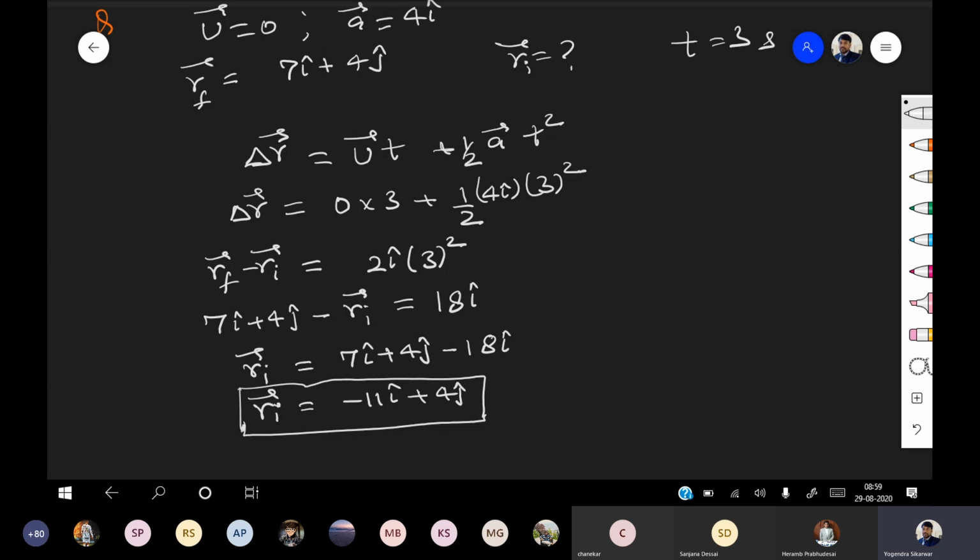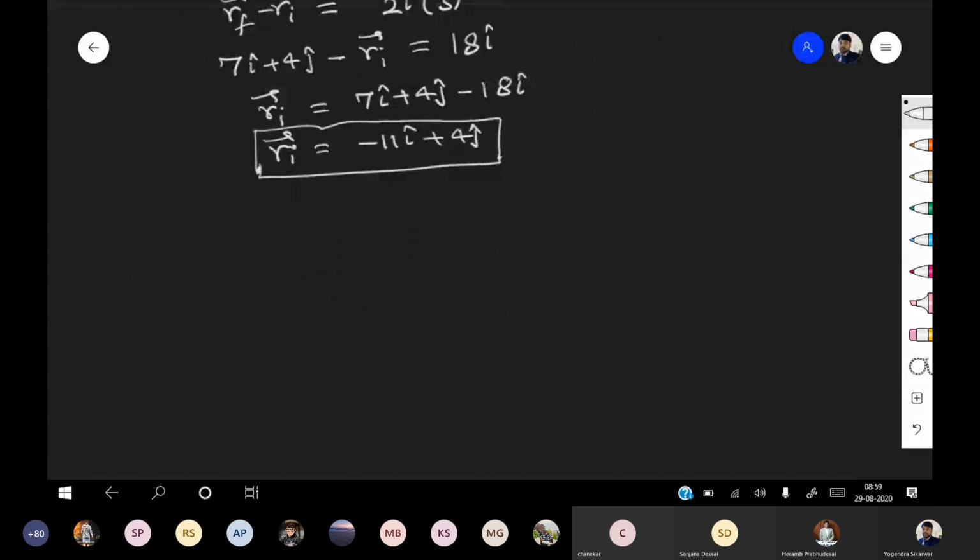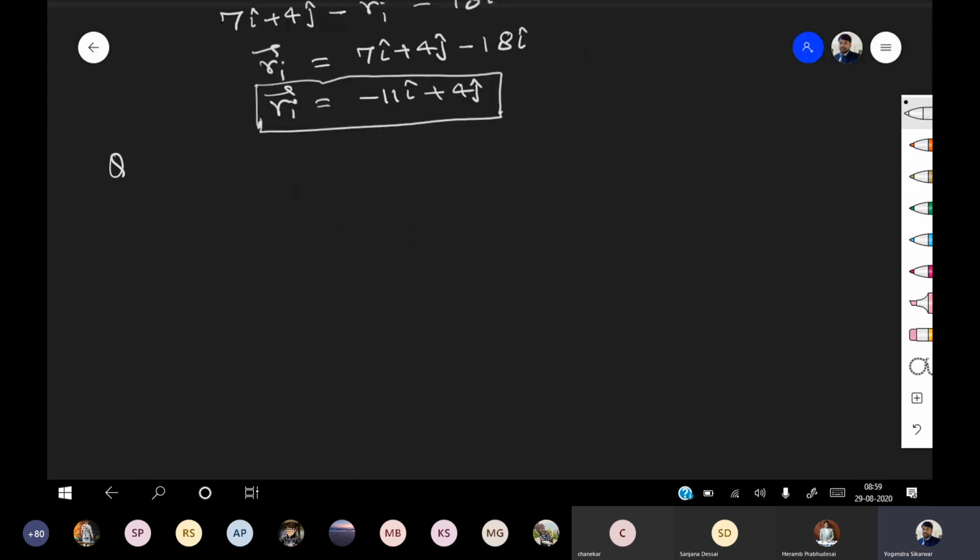Next question. Next question says, a car moves towards north at a speed of 54 km per hour for 1 hour. Then it moves eastward with same speed for same duration. The average speed and velocity of car for the complete journey is. Pay attention, everyone. First of all, when you have these questions in which north, south, east, west is shown, draw a diagram like this: north, south, this is west, and this is east.